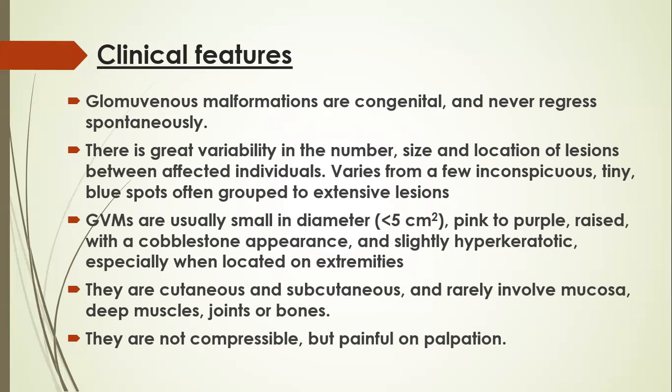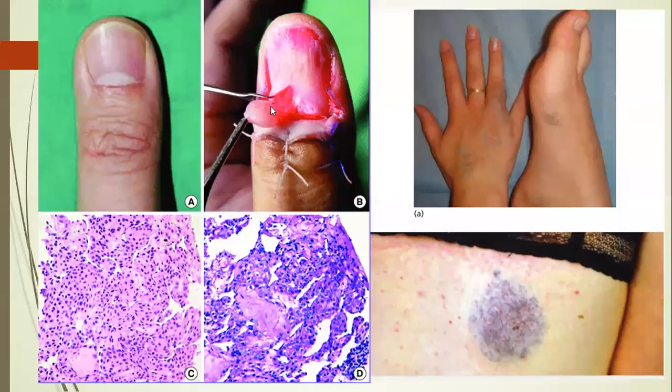GVMs are usually small in diameter, pink to purple in color, raised with cobblestone appearance, and slightly hyperkeratotic, especially when located on extremities. They are cutaneous, subcutaneous, and rarely involve mucosa, deep muscle, joint, or bone. They are not compressible but painful spontaneously and on palpation. You can see this excised glomus tumor, and on histology, the typical glomus cells are seen